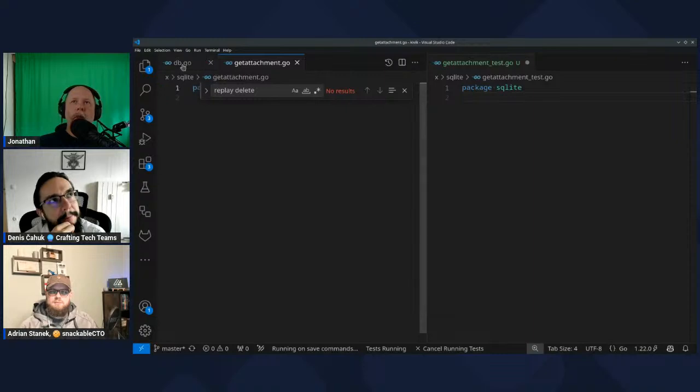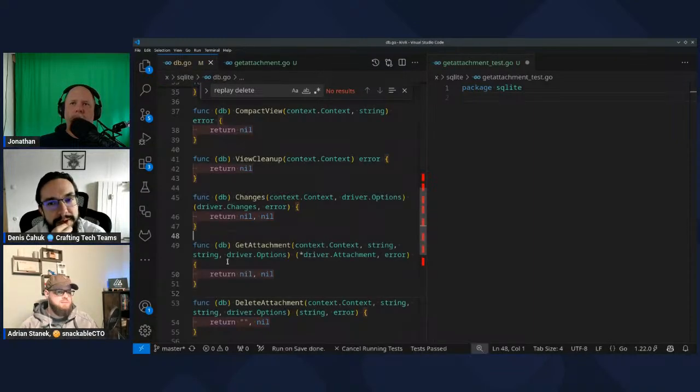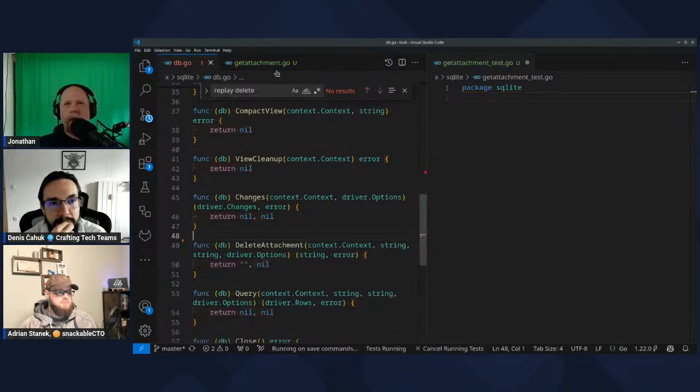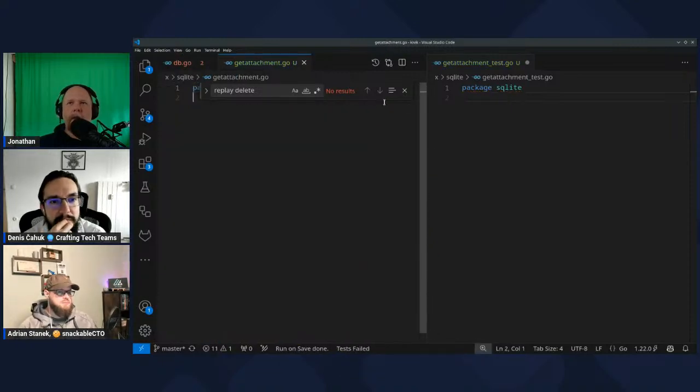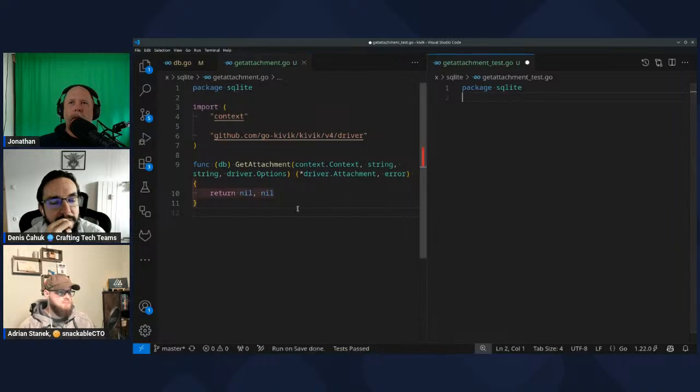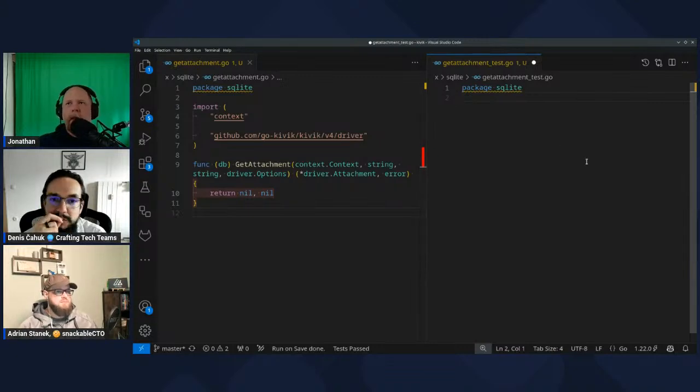So I'm going to move this function to a new file, just to make it really clear. Those are your stubs, right? Yeah, that's essentially my to-do list. It's an interface. So now I'll close that, and then I'm just going to write the boilerplate for the test. Since I know you're not a Go developer, I'll do that part, and then we'll work together on the rest.